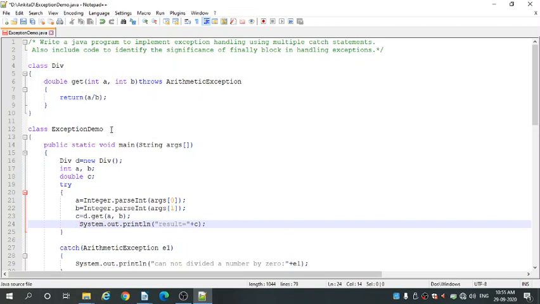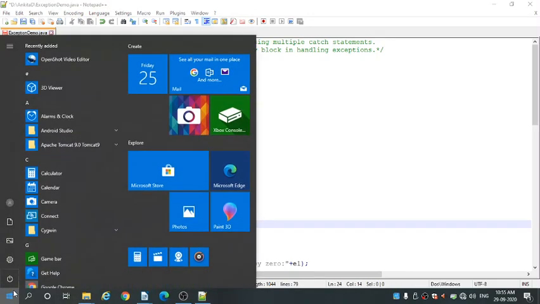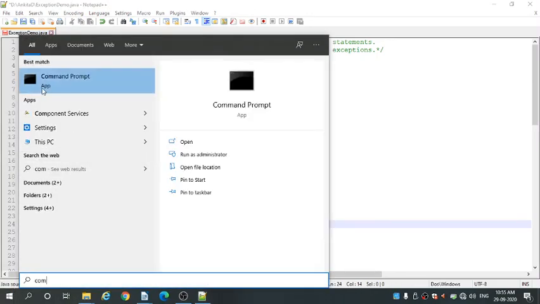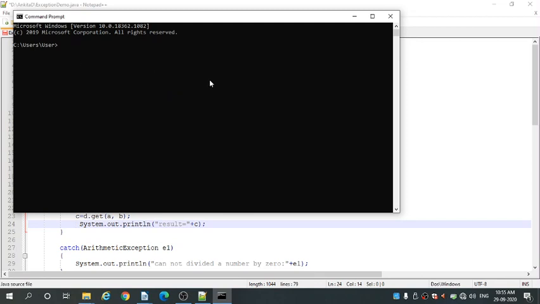To save this program, you should give the name ExceptionDemo, because public static void main is present in the class ExceptionDemo. So you should name this program ExceptionDemo.java. For execution, open command prompt. To move to the D drive, type D: and press enter.